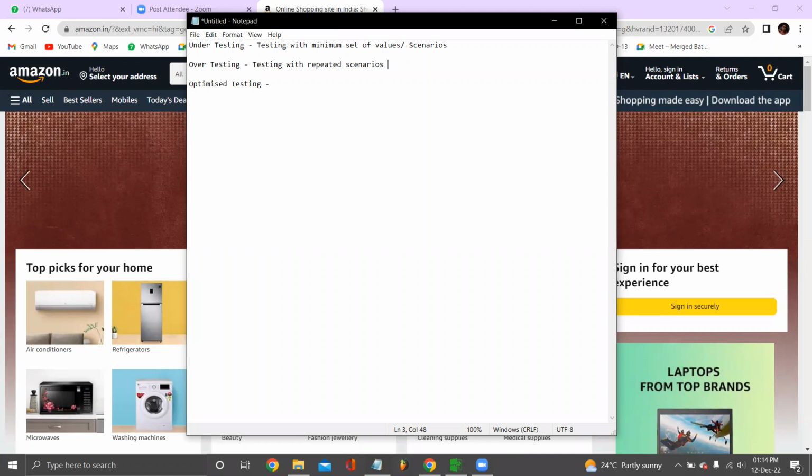testing, because you have already verified that part of the functionality and you are again investing time to verify the same functionality with a different set of data, because definitely if it is working for one, it will work for another one, right? That kind of data. If you want a better example of it, I can tell you. For example,